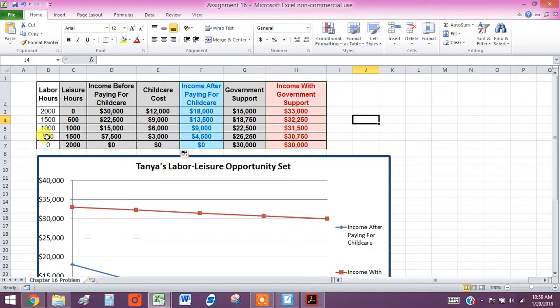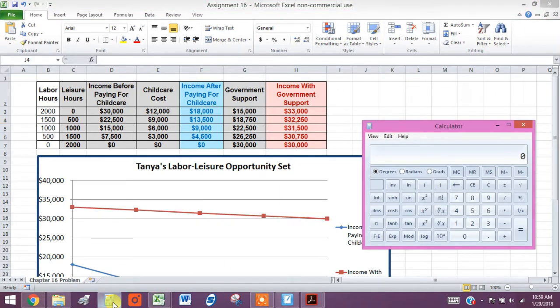But then if she works 500 hours, she's going to get $30,750. So how much is she getting per hour to work those first 500 hours? We can simply use our calculator and divide 750 by 500, and, surprise, surprise, we're going to get 1.5. The same is true all the way up. So each hour that she works, she's earning an extra $1.50, and her opportunity cost for not being with her